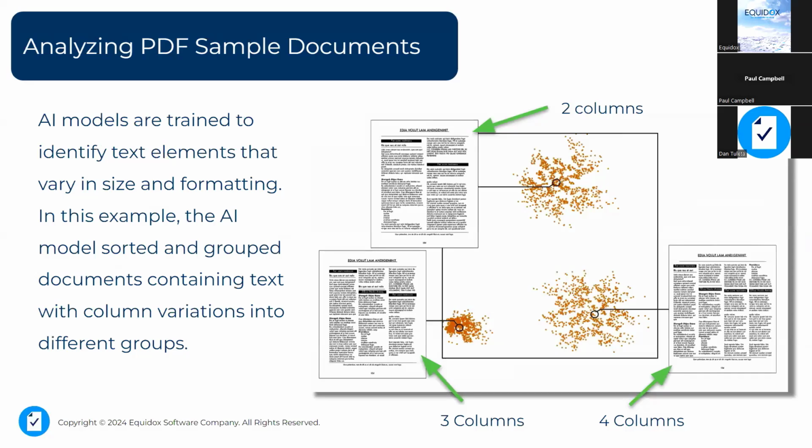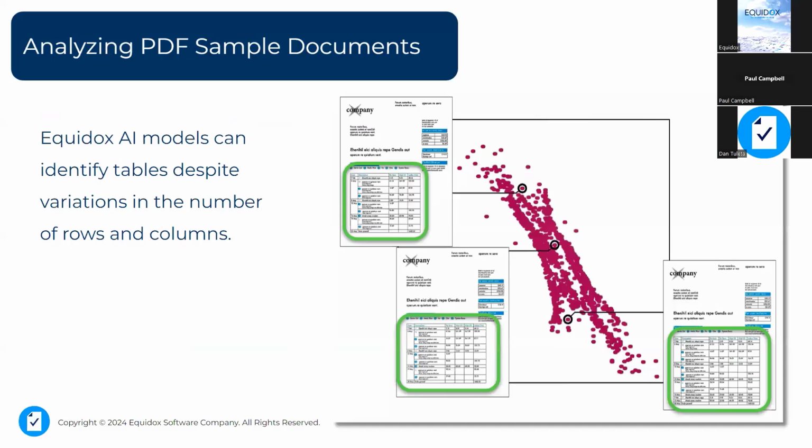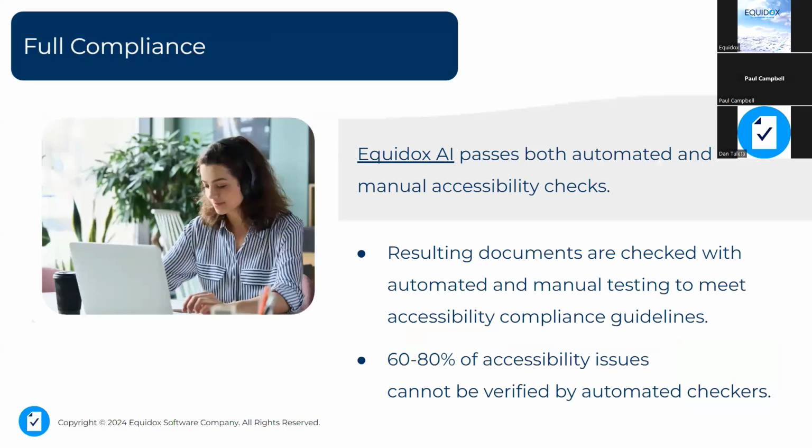In this example, you can see there are different multi-column text layouts that the AI will use to recognize different pages and group them together appropriately so that it can apply the correct tag structure. The AI will pick up on font styles, sizes, and colors to help it establish the tags on the page. We can even train AI models to identify the many potential variations in tables, such as the numbers of columns and rows, table headers versus table data, and even tables of different sizes that might span across multiple pages. We'll talk a little bit about this when we get into the demo as well.